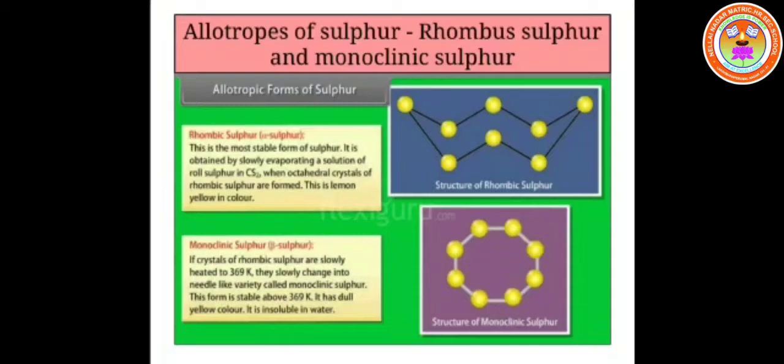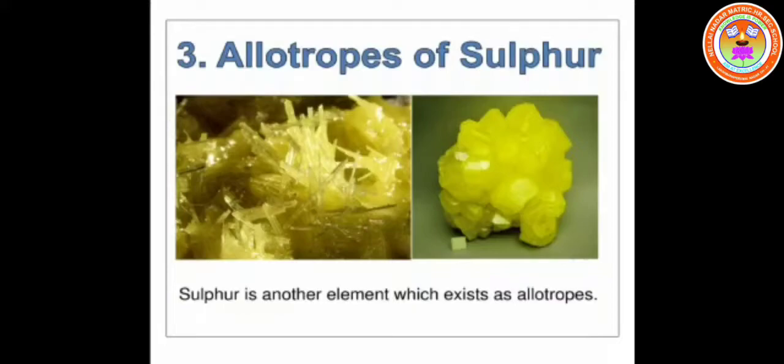See, if you learn this topic in picture form, I think it will be long standing in your memory and it will be easy for you to memorize this tabular column. I feel so, that's why I have given like this. So monoclinic also we have got. When we compare the shapes of allotropes of sulfur, monoclinic sulfur is a needle-like structure. Here it is crystalline. That is rhombic. The first structure is monoclinic. It has got a needle-like structure.